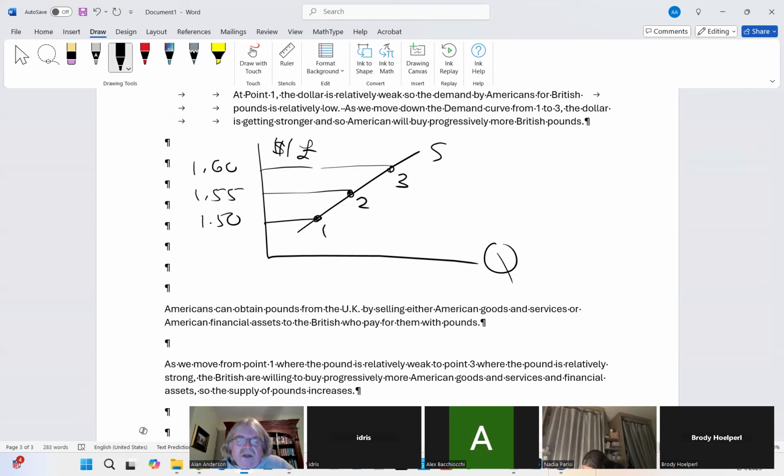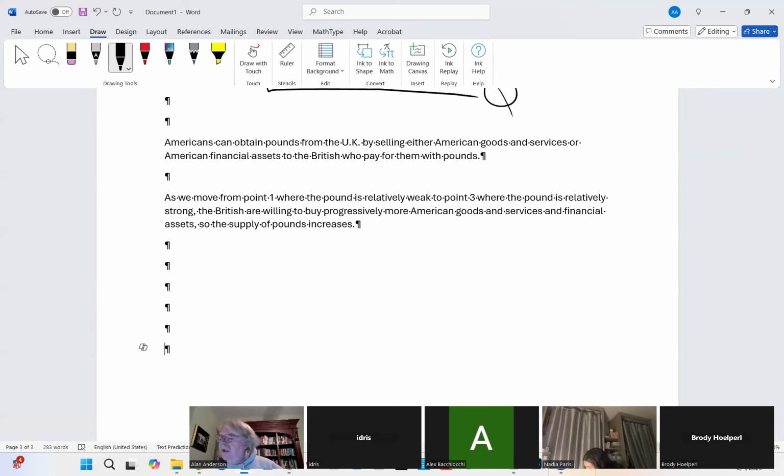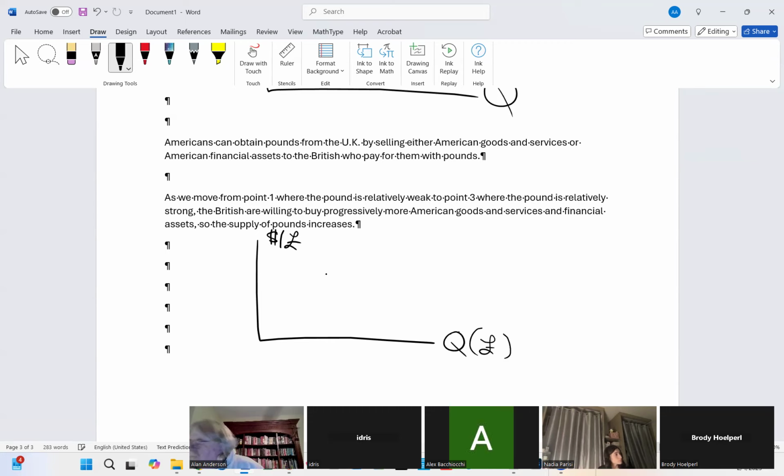And that's the reason why the supply curve is facing upward. So as we go to the right, we have a progressively stronger pound, and we also have a higher supply of pounds to the United States. And then, of course, at some point, we bring them together. Okay, so let's do that. By the way, the quantity on the horizontal axis is the pound. It's the quantity of pounds that is being determined in this market, or in this framework. So we have S